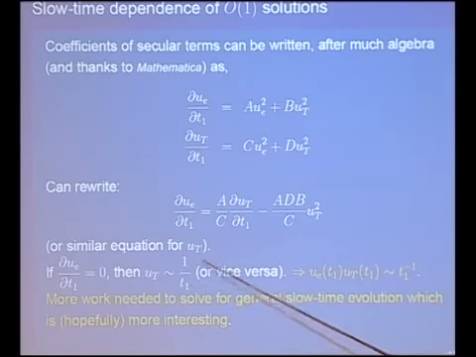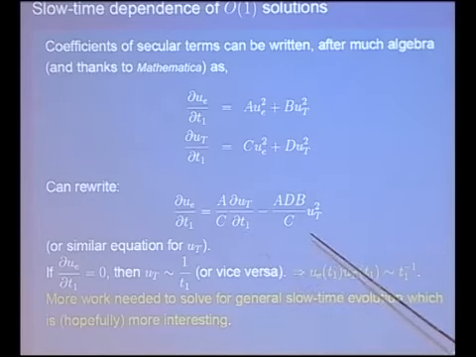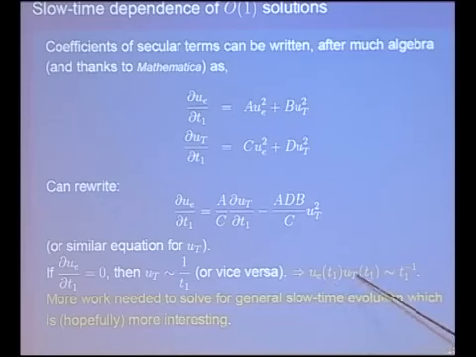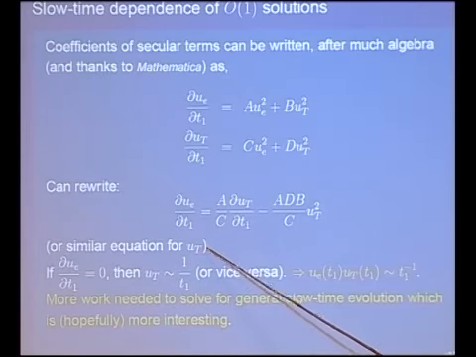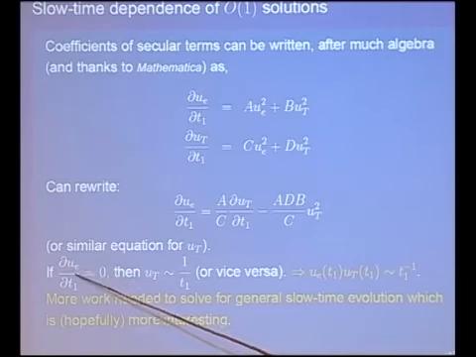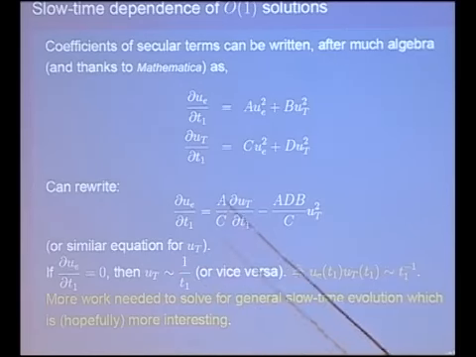Generally can't solve it. On the other hand, if you just assume that the eddy amplitude, for example, is equal to 0, then you get inverse temporal behavior for the tidal amplitude. So what this says is that the product of these two will go as 1 over the time.